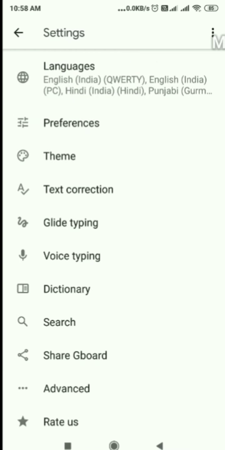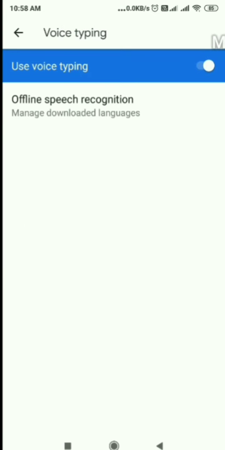Now after the languages section, this is the first one, Preferences. You don't need to go there. You don't need themes, text correction, guide typing. Voice typing, you can go to voice typing like this. Use voice typing. You will have to click it like this.